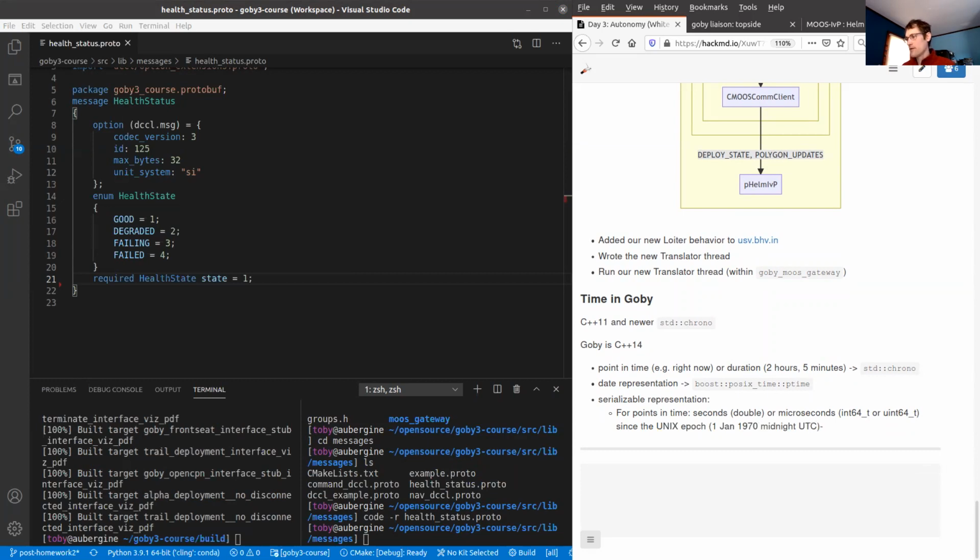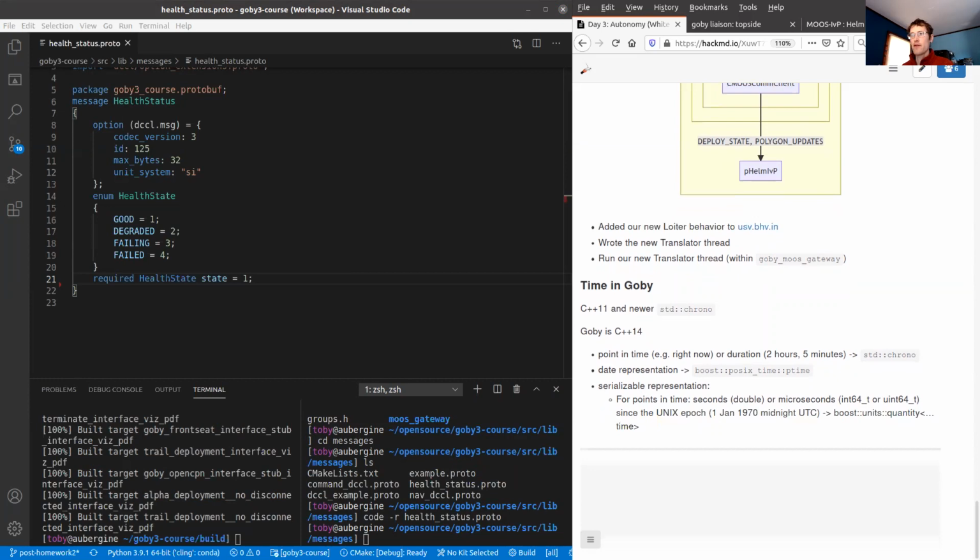And to do this, we're going to use boost units quantity of some kind of time dimension. So in Goby, I typedef that to goby::time::MicroTime, and this is for the int64 microseconds version.